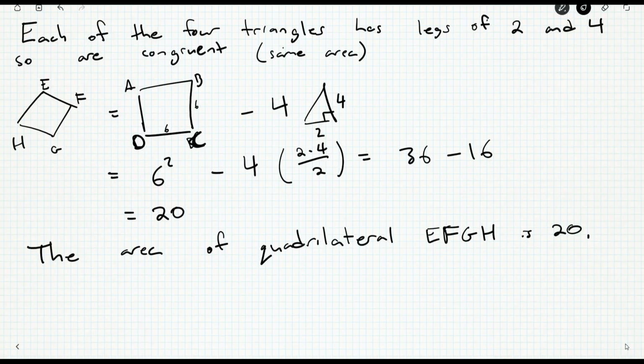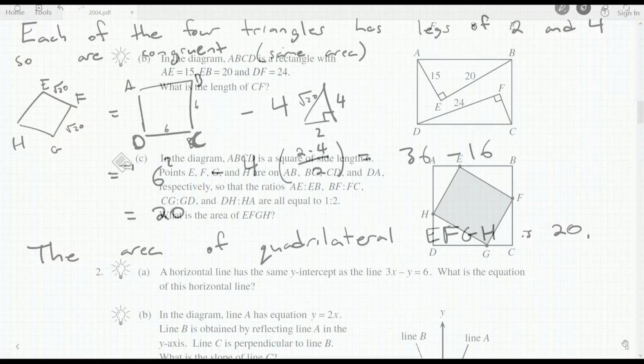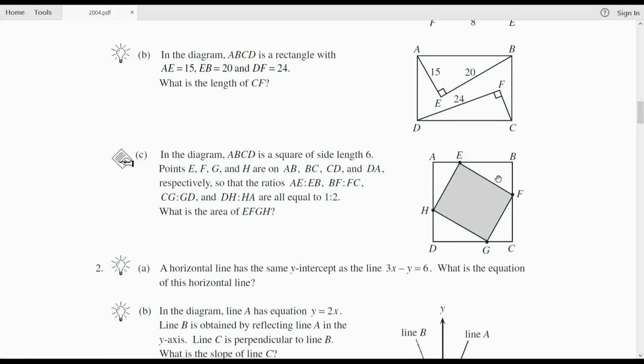Okay? But alternatively, we could have gone through, shown that we've got right angles here. That's not particularly hard to do. And then 2 squared is 4, plus 4 squared is 16. We'd get 20, so root 20 is these side lengths over here. And since it's a square, just square that, we'd get 20 that way too. Lots of different ways to do this question. There might even be more. But that does it for question C here